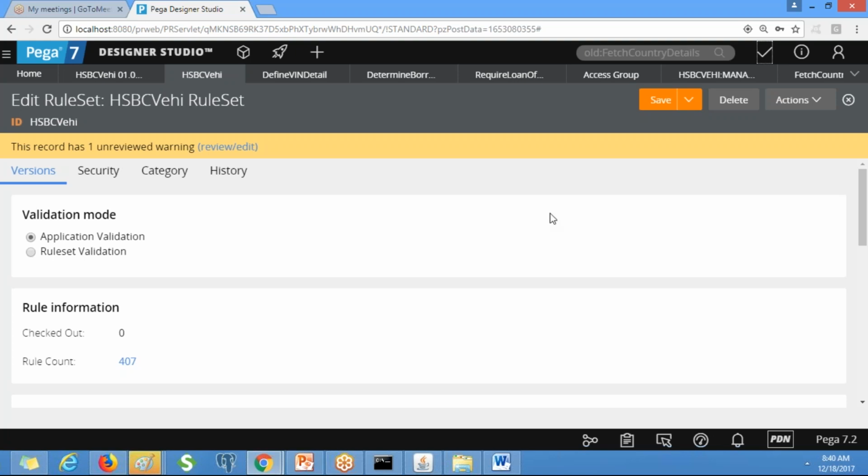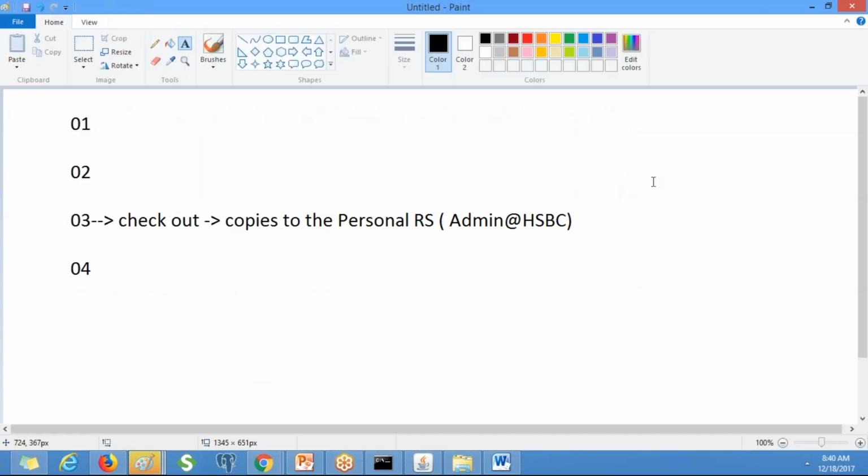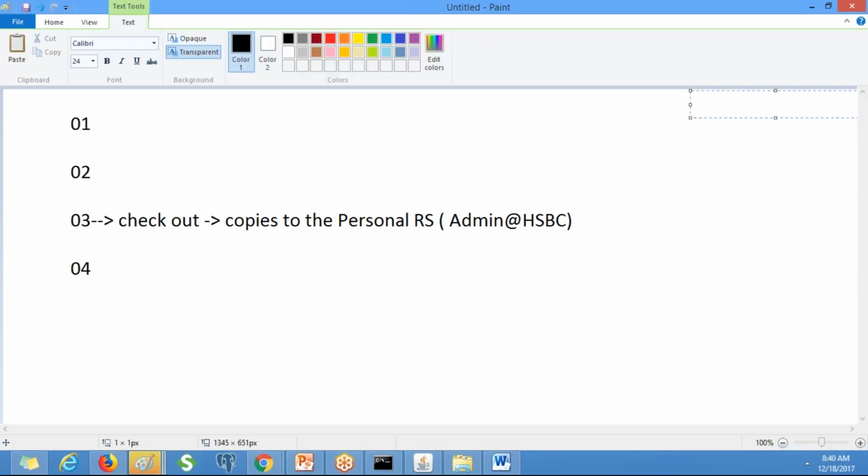Suppose in the application I have 4 rule sets: rule set A, rule set B, rule set C, rule set D. Suppose this rule set has application mode.